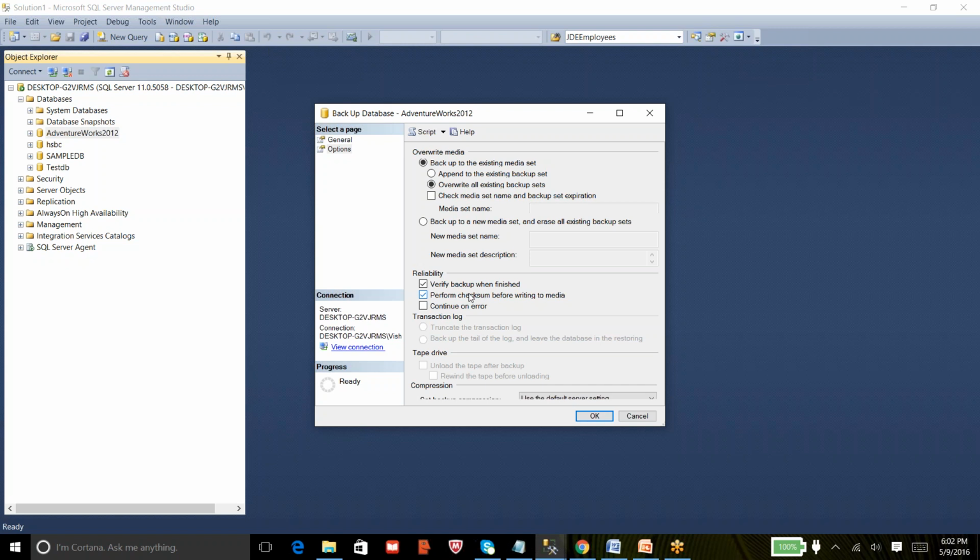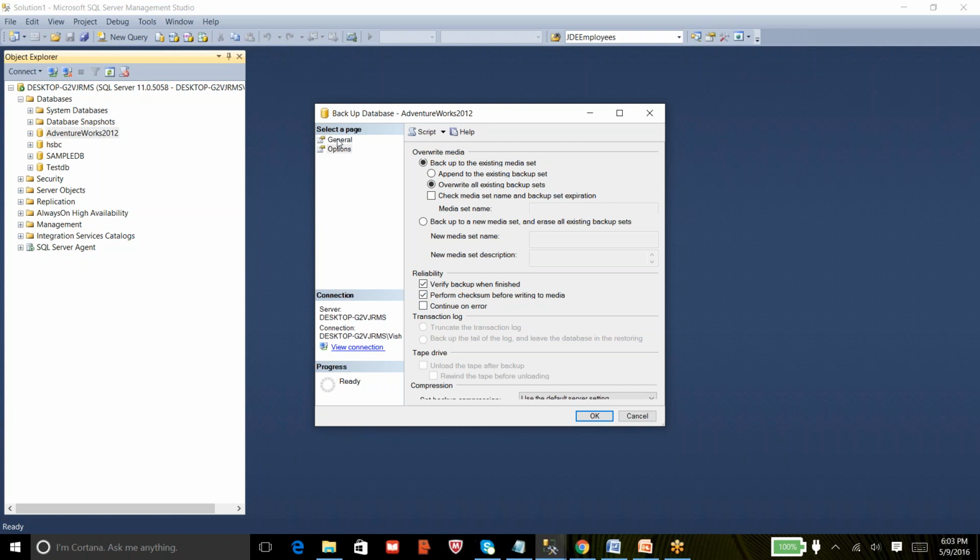If there are any corruptions, it doesn't make sense to take a backup of that corrupted database. We need to know and take a healthy backup from a database. And the third is continue on error. Obviously, we don't choose this option at all. We don't want to continue our backups even in case of issues.